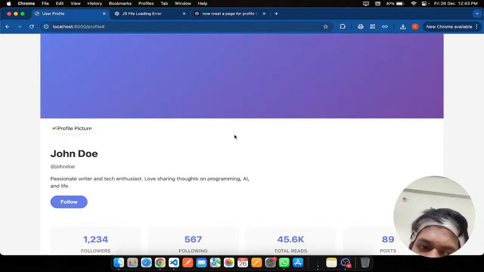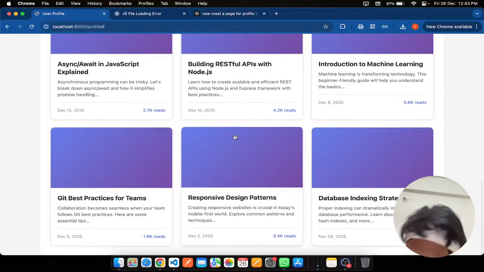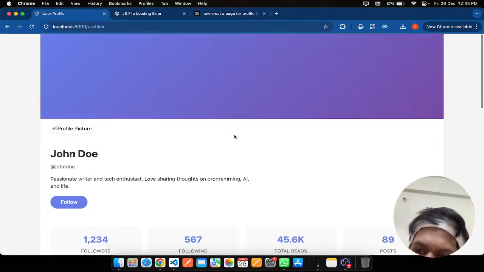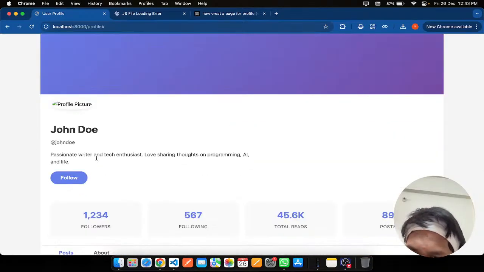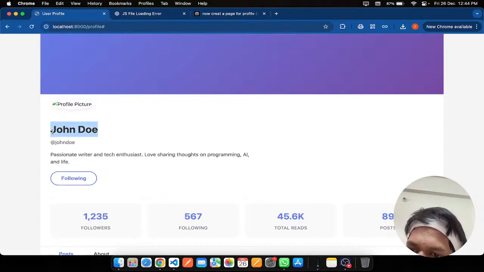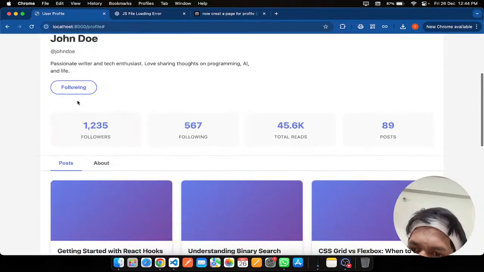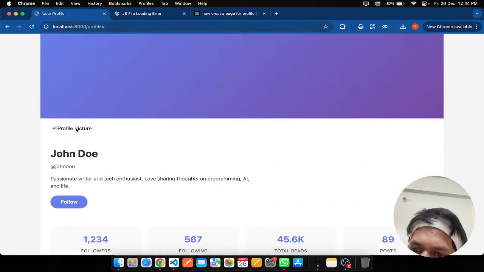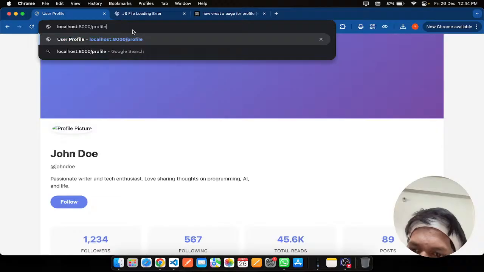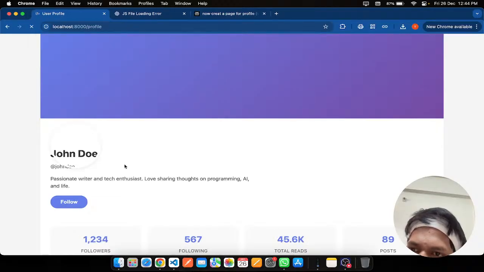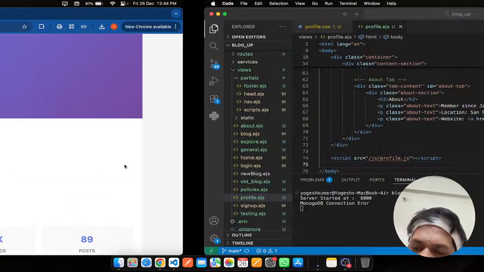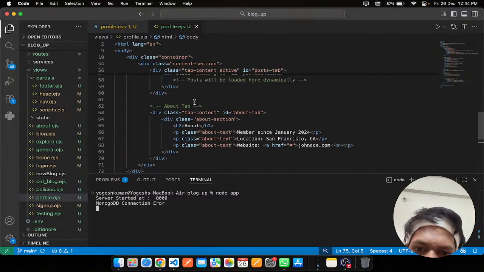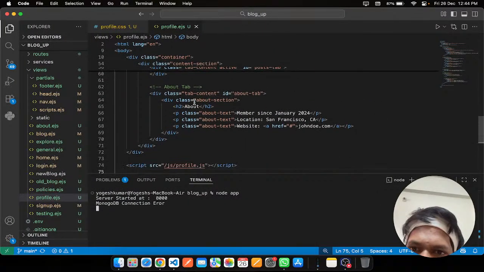Profile picture. जो मेरी प्रोफाइल पिक्चर होगी